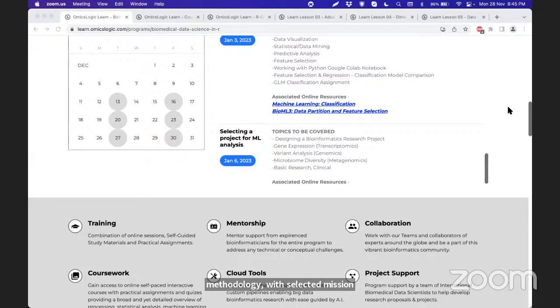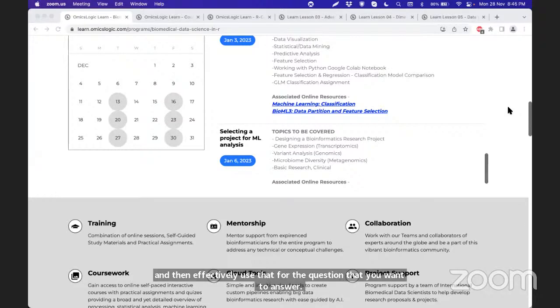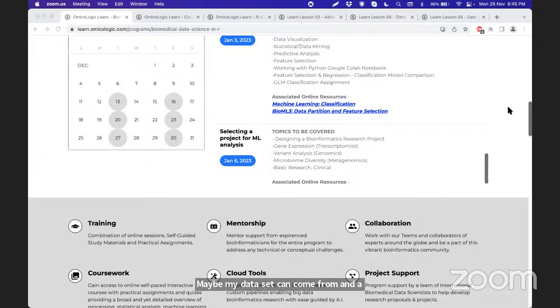So the last session is to provide an introduction to how you can access different publicly available resources to select a specific type of data or a set of data. It doesn't have to be one data set. It can be data from a couple of other resources also, and then effectively use that for the question that you want to answer. Maybe my data set can come from repositories like NCBI Gene Expression Omnibus,